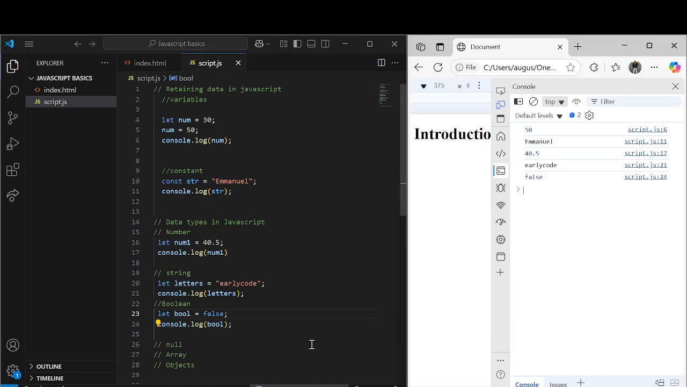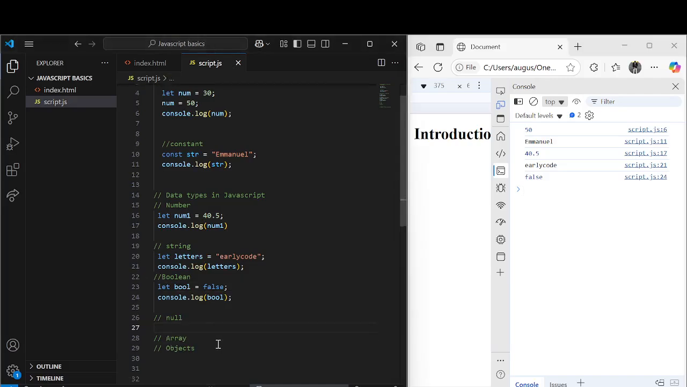The next is our null. What is null all about? Null is when you want to create a variable or constant that is not empty, but that does not contain a value. It's not empty, but it does not contain a value. So we call that a null data type. We can come here and say,